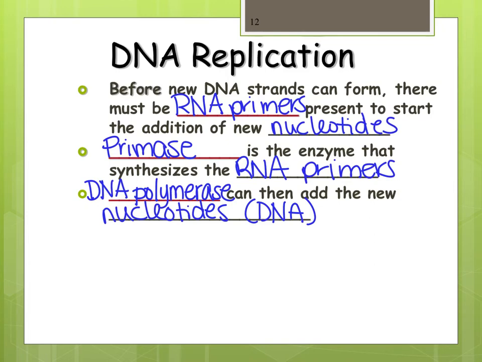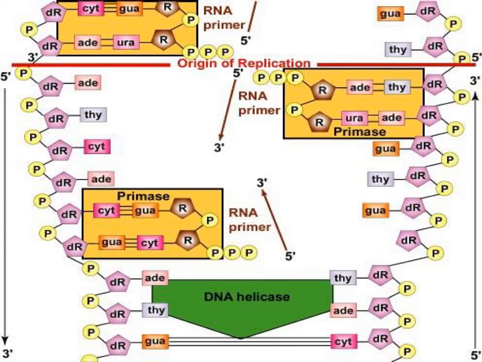So if you take a look at this really easy to understand picture, yoink. Oh, I thought you were being serious. So if you take a look, we've got our helicase going down this way. So it's unwinding and separating our double helix. You've got your origin of replication up here. That's where replication is going to start. On the outside, you would find your topoisomerase and your single-stranded binding proteins doing their job. We've got primase coming here, putting down a primer because DNA polymerase doesn't know where to start. It has no place to attach to. So we've got to give it a place to attach.